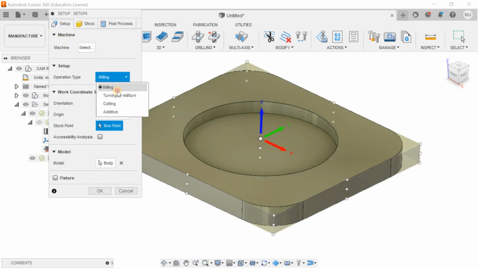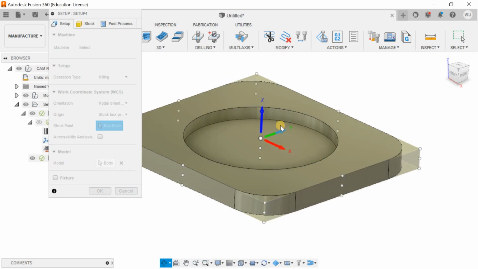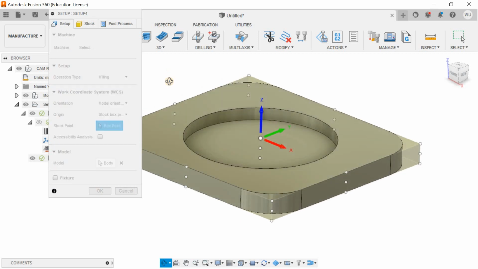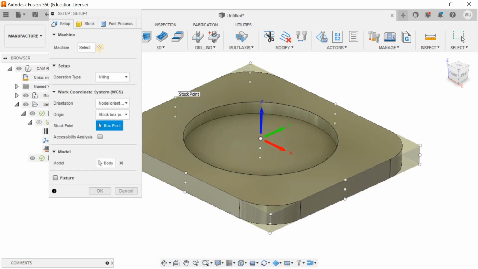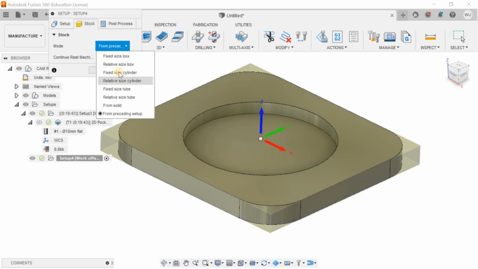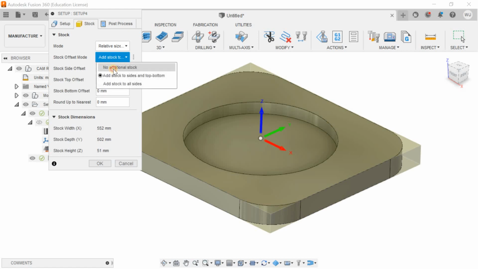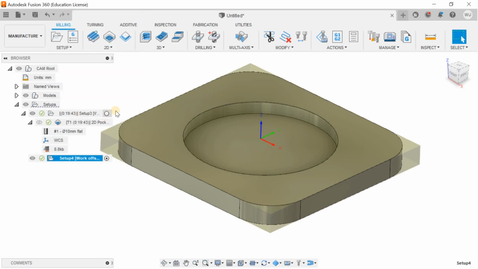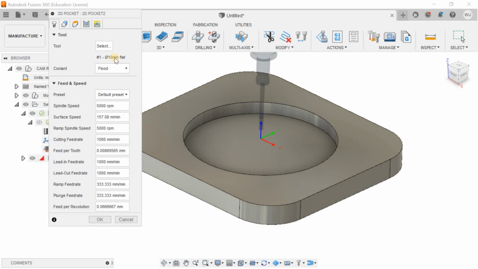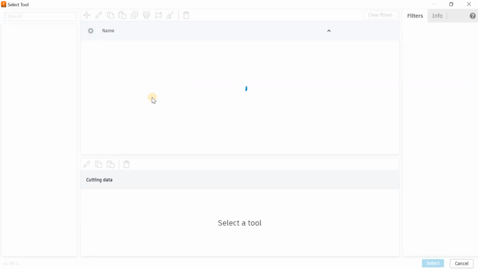You have to go for the milling operation, and the manufacturing coordinate system is just perfect for me, right? Z is just output, and I want to select the actual body that I just modeled. In the stock I want to select the relative size box and navigation stock, and I want to hit OK. The next thing that comes to mind is to go for the 2D Pocket, and in it you need